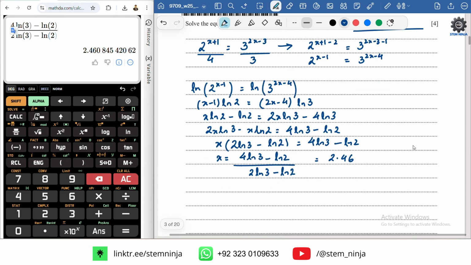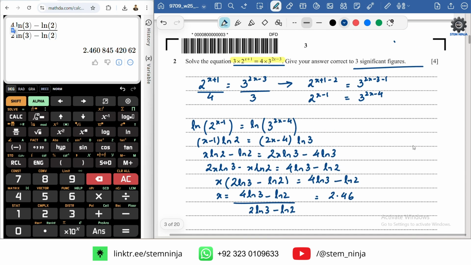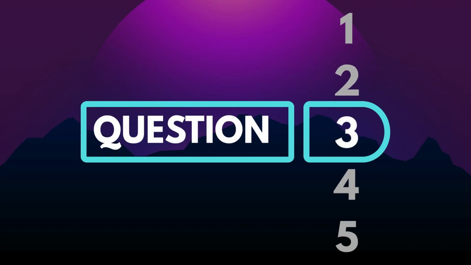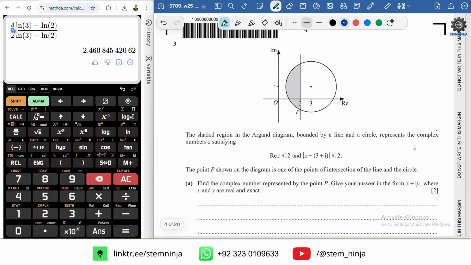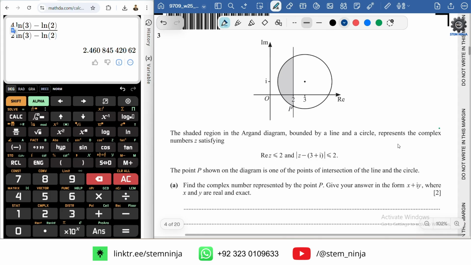Alright. Okay. Now let's move on. Question number 3. The shaded region in the Argand diagram bounded by a line and a circle represents the complex number satisfying Re(z) ≤ 2 and |z − 3i|. So basically this can also be written as x ≤ 2, basically this line,